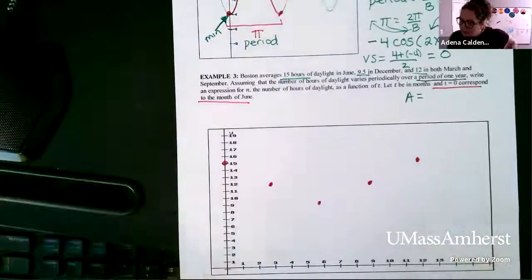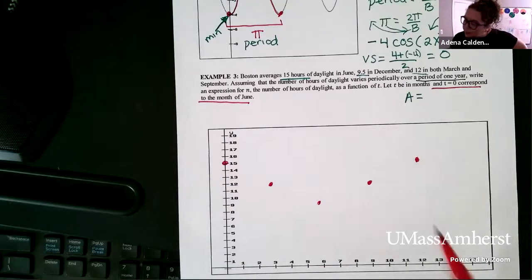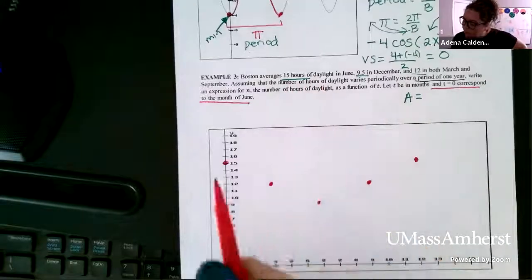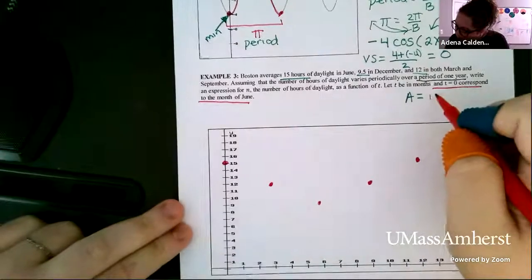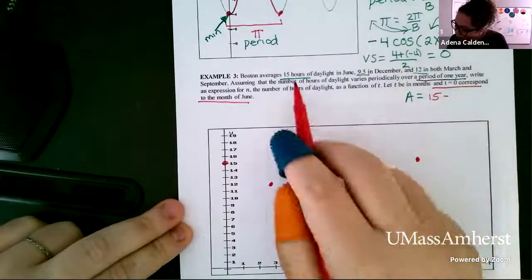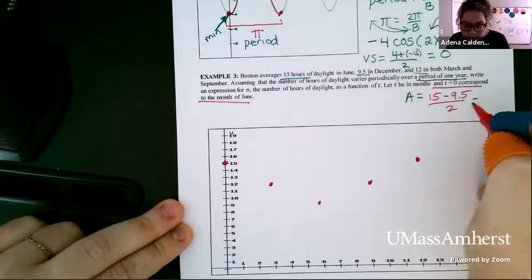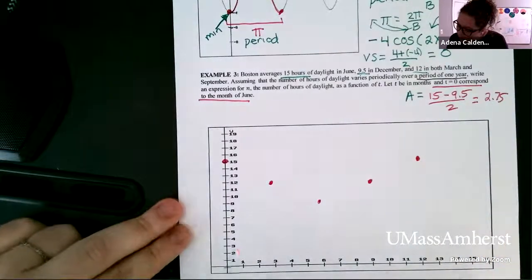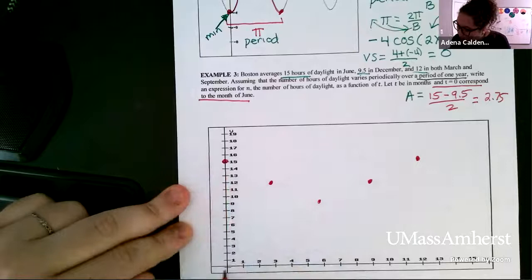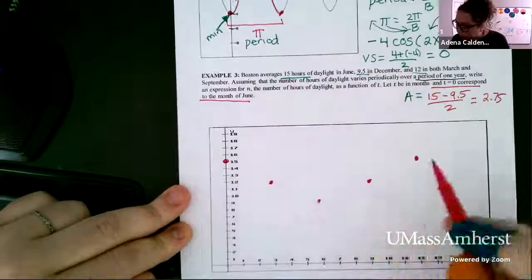All right. So within this problem, there are a lot of important numbers here, but what we're really looking at is what are the max and min values that we get that model in this function. So for my amplitude here, we're going to have 15 as our max and 9.5 as our min, divided by 2. That gives me 2.75 for my amplitude. Now, I plotted each of these values. I was told that time equals 0 is June. So I took all of these values and plotted them.